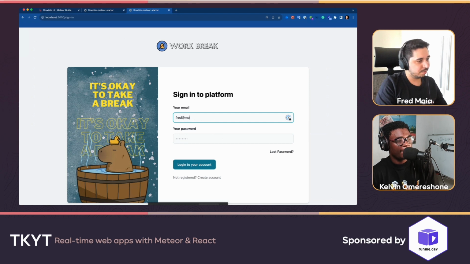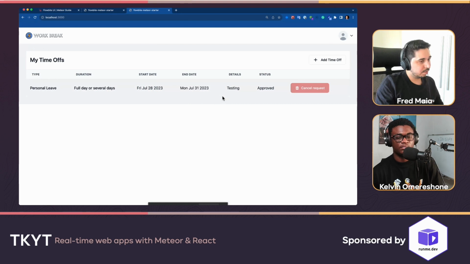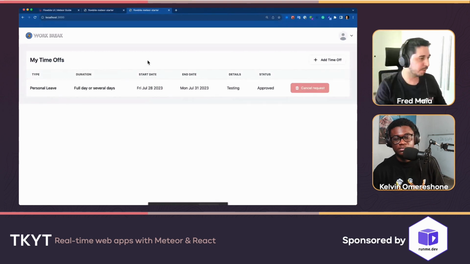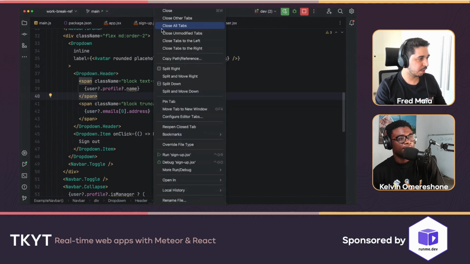Let's log in again. Okay, I will try to build this screen. There were two screens that I wanted to build, but I don't think we will have enough time. But if we build this one, I think we can already see some nice things. So let me close everything